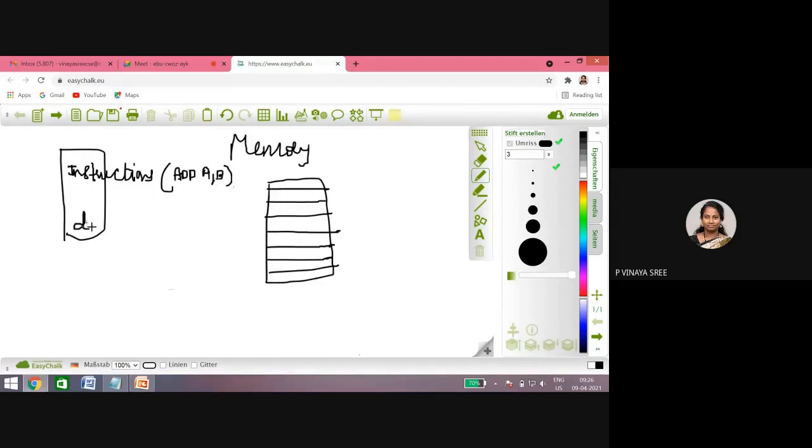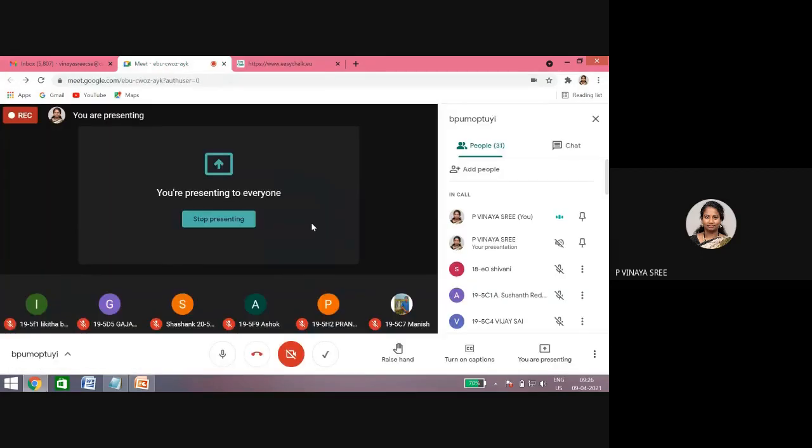The other part will hold data. For data, let us consider a has the value 10, and for b we have the data 20. This is the data part, and then the instructions. And we also have a stack and a heap. We will be discussing stack also. See here, these are the basics that everyone has to understand.